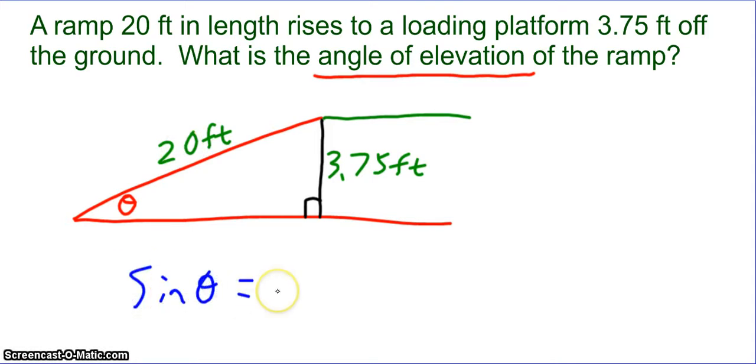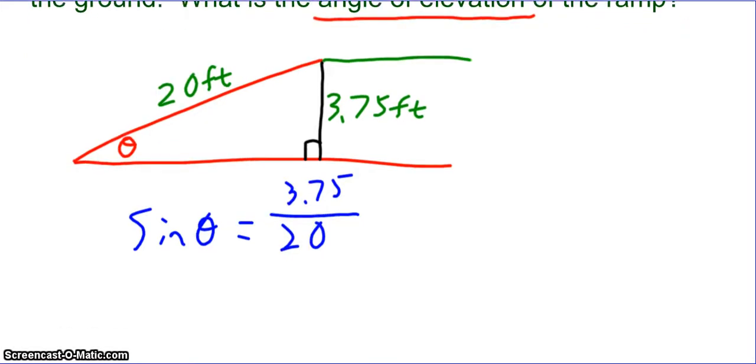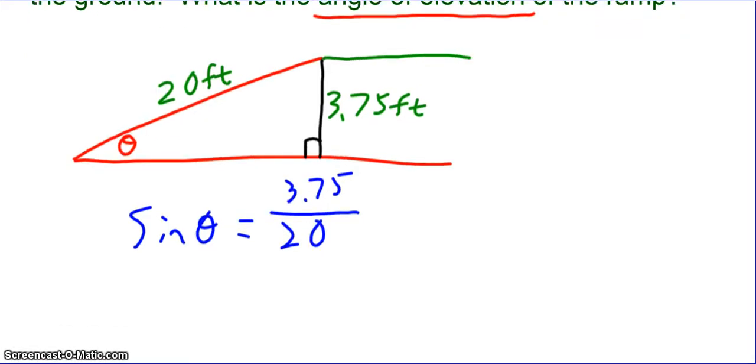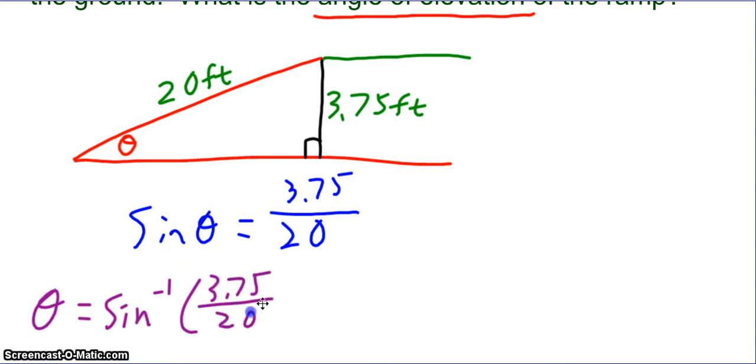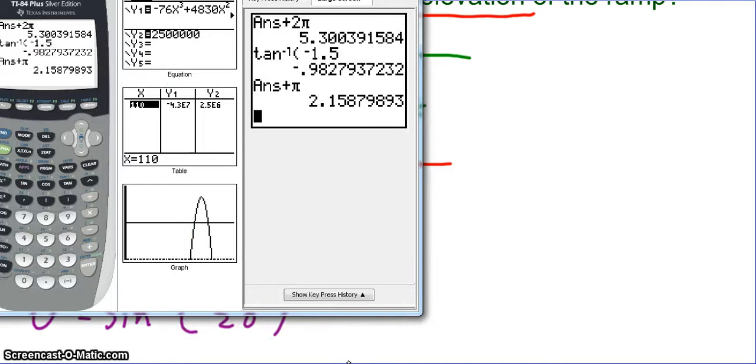So I know the sine of theta is 3.75 over 20. Well, we actually want to get an answer here, though. So how do we solve this? We do the inverse. So I know theta equals the sine inverse of 3.75 over 20. So if I type this into my calculator,